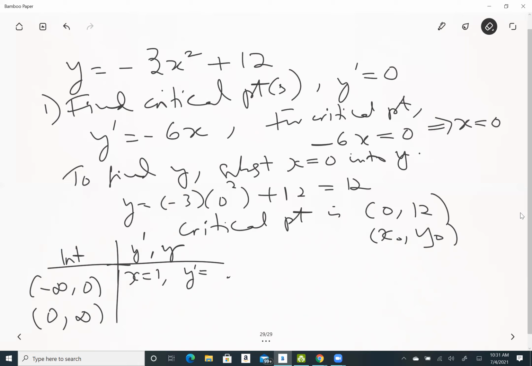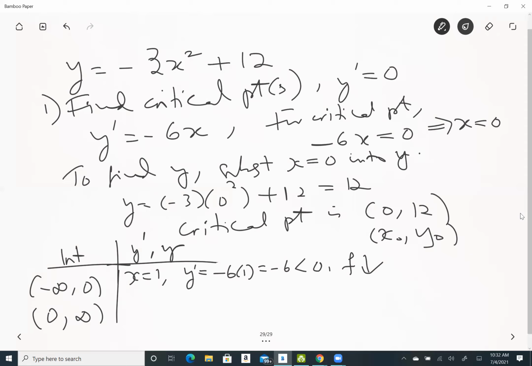So you need to do some practice, you know. Sometimes you may make errors. So y prime equal to negative 6 times 1, that is equal to negative 6, and that is less than 0. What about the function? Increasing or decreasing? Decreasing. So the f is decreasing. Now x equal to,